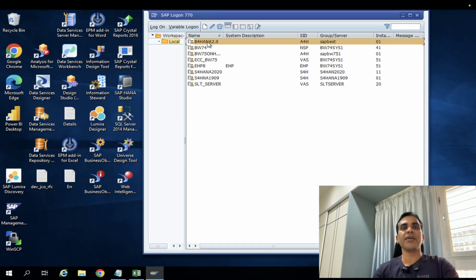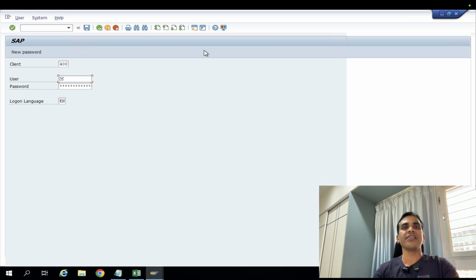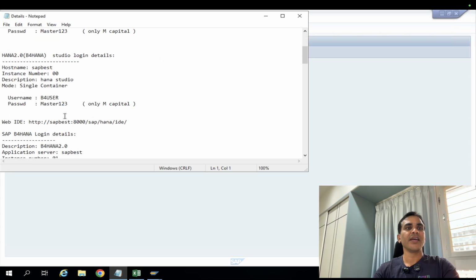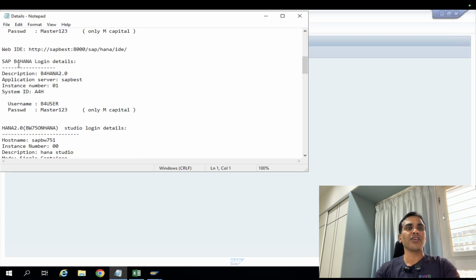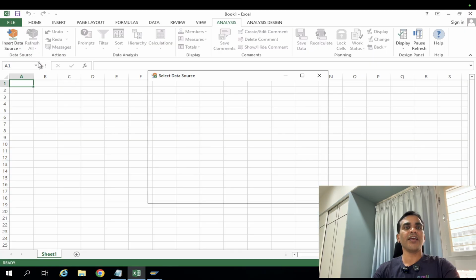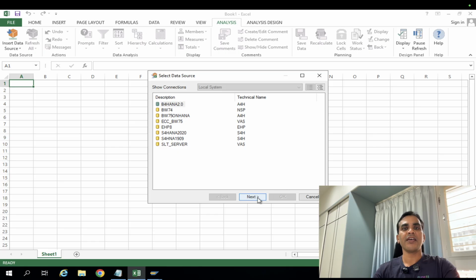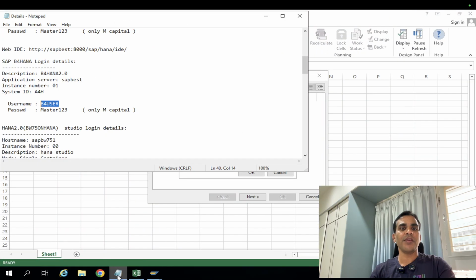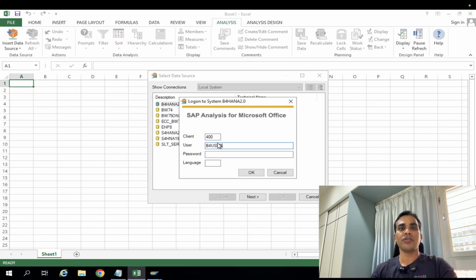open this, yes, see, BW 4 HANA is there, right? You can see the 400 client is there. Under the 400 client, you will see the password; we have a BW 4 HANA login, right? Let's see, I'm going to open here again, go here, select BW 4 HANA, select the 400 client, and the user I am giving is this one. For the password, you can select from here, like we have a master password. Whatever the password is, you can put it over here, and the language is English by default, or you can put